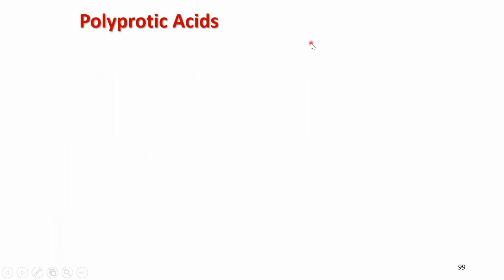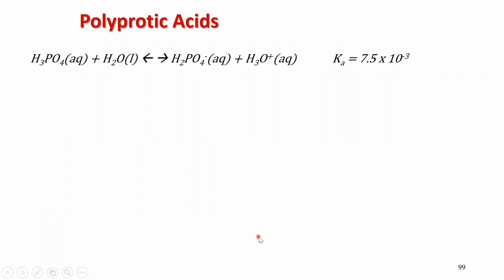So what we're going to deal with next are what are called polyprotic acids. It literally means more than one acidic proton. A good example might be phosphoric acid, H3PO4, because phosphoric acid has 3 hydrogens in it, or 3 acidic protons. Well, when that acid reacts with water, only 1 acidic proton comes off of that acid at a